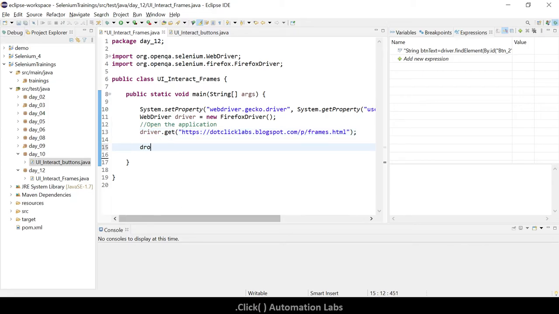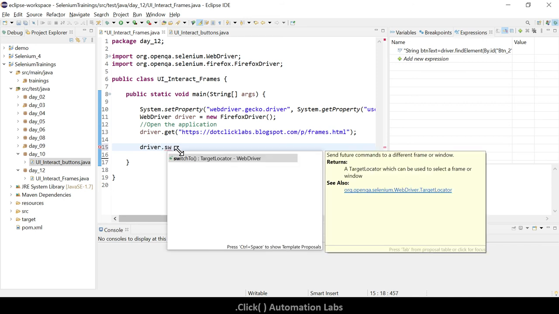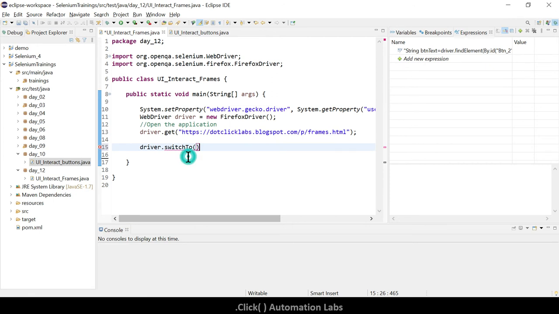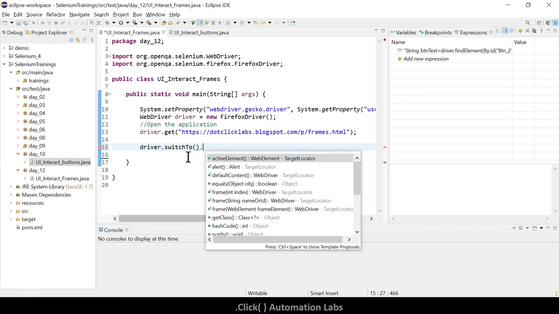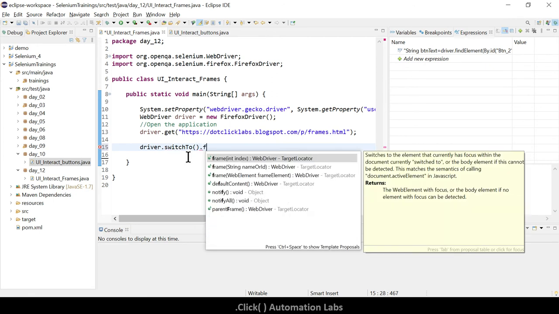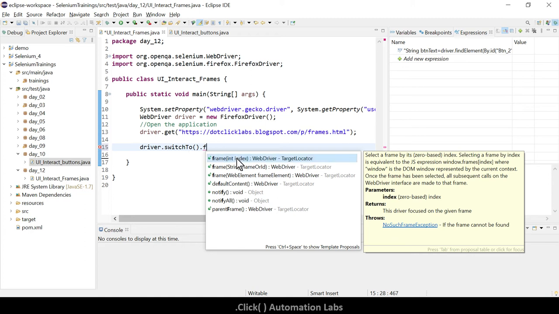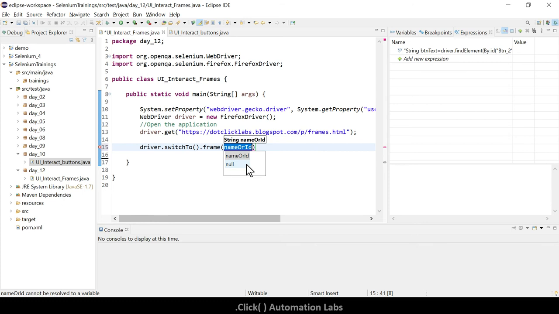Okay, guys, driver dot. So what we're looking at is a command called switchTo, which means we are switching the WebDriver window focus to the frame, and we are not using an index, rather we are using a frame name or ID. Okay, so pass that.